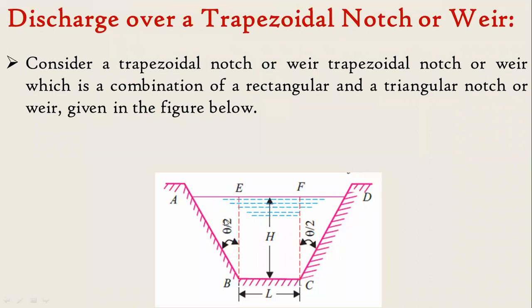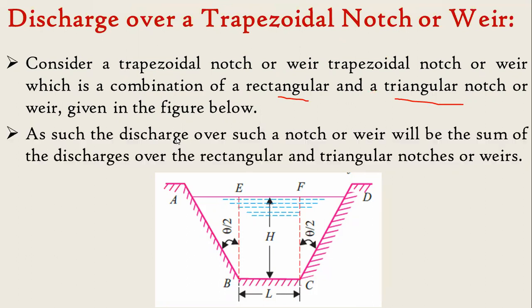So consider a trapezoidal notch or a weir, which is a combination of a rectangular and triangular notch or weir, as given in the figure below. As this trapezoidal notch or weir is a combination of rectangular and triangular notch, the discharge over such a notch or weir will be the sum of discharges over the rectangular and triangular notches or weirs. So what this means is, if you consider